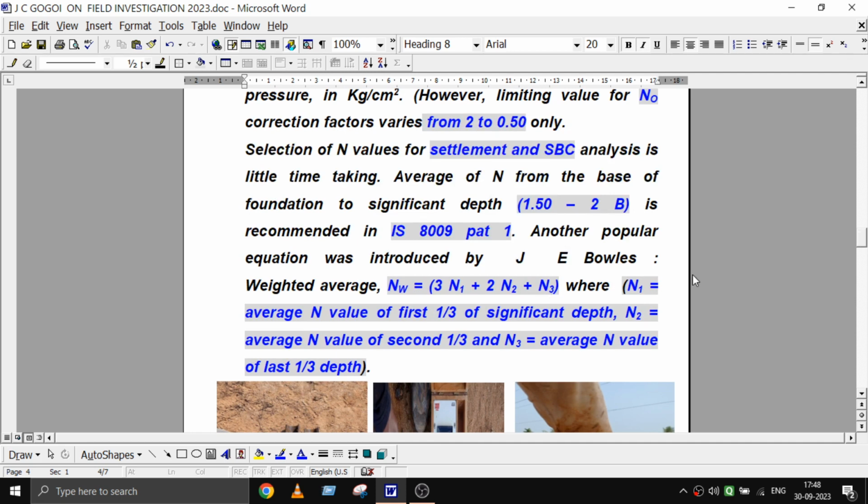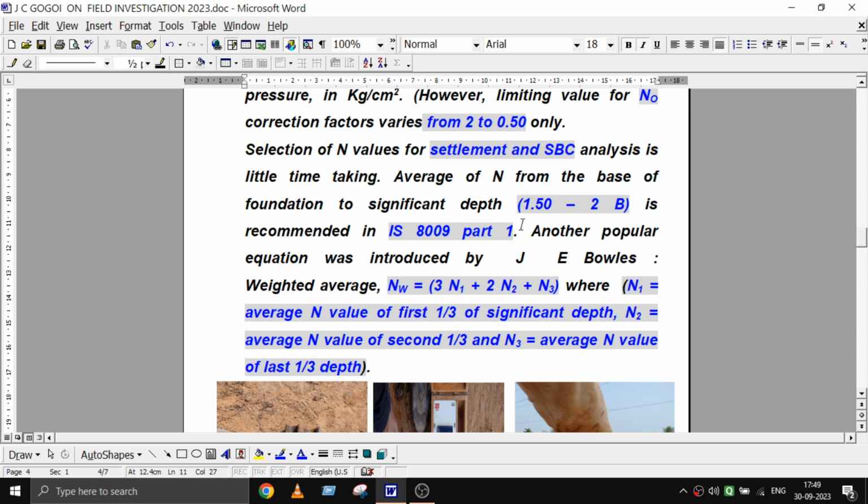for settlement SBC, we have to select the N value. The average N value we have to select from the foundation base to a significant depth. Up to a significant depth, we have to collect. But IS 8009 Part 1 suggested a very